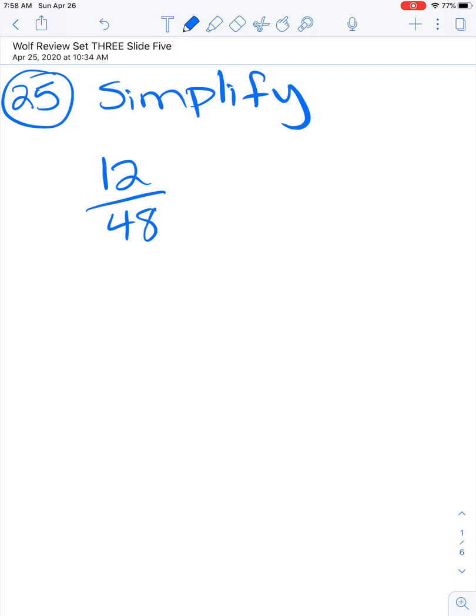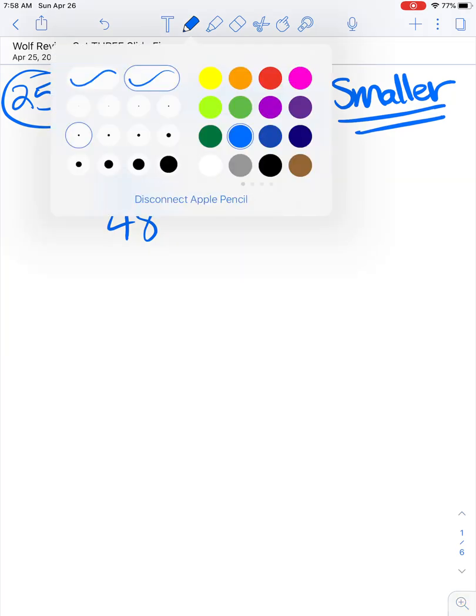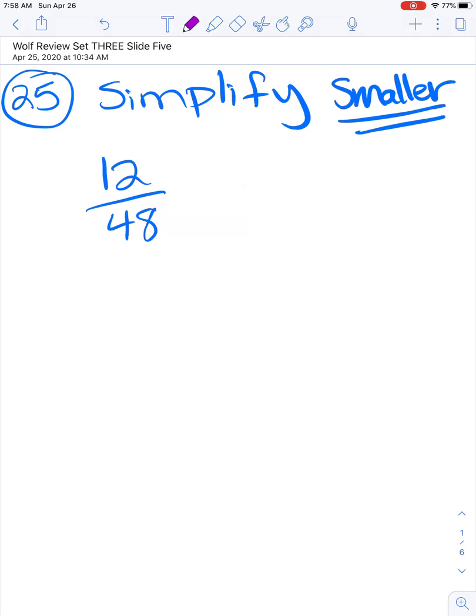All right, class, we are on WOOF Review Set 3, Slide 5. Today, number 25, we are going to simplify. If you remember, simplify means to make smaller. Simplify, smaller. Simplify, smaller. So when we are working with fractions, I want you to remember that if you are